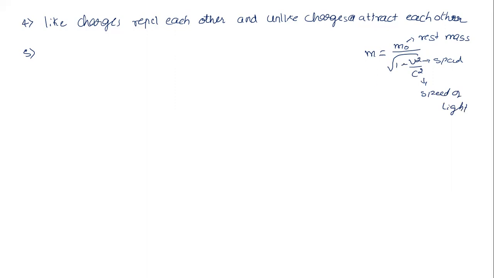How are we going to calculate? Like this, when the body is moving with a speed nearly equal to the speed of light, only then this case is possible. If not, say a train is moving from my station to some other station with a velocity of 72 km/h, that mass is not going to change. Or I ride my bike at 210 km/h, that mass is not going to change. Speed of light is 3 into 10 power 8. Of course, if you go with this speed, your mass is going to change.